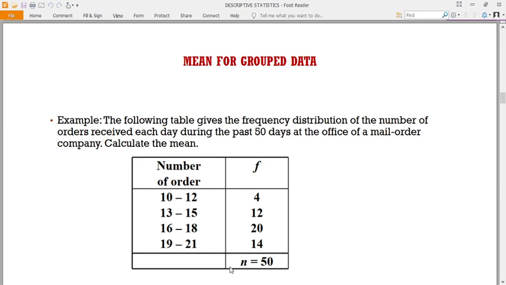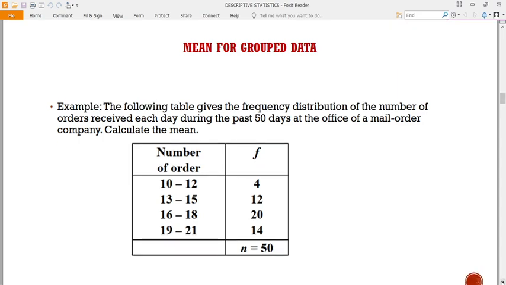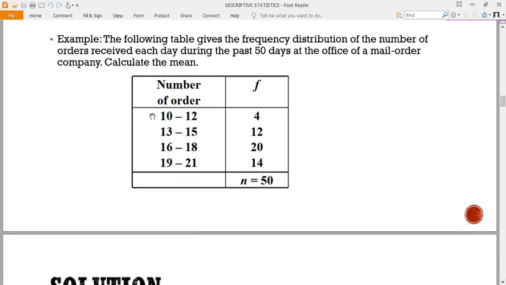Next, the mean for grouped data. The other mean was for ungrouped data. Grouped data looks like this. We have data that is made in groups, for example, from 10 to 12, 13 to 15, 16 to 18, 19 to 21. But like I mentioned, when you come across such a data set, the first step should always